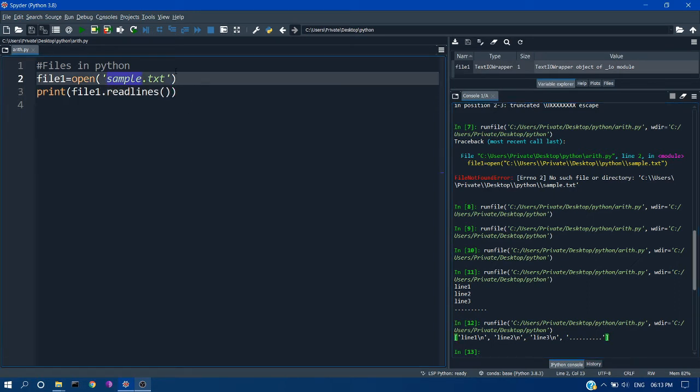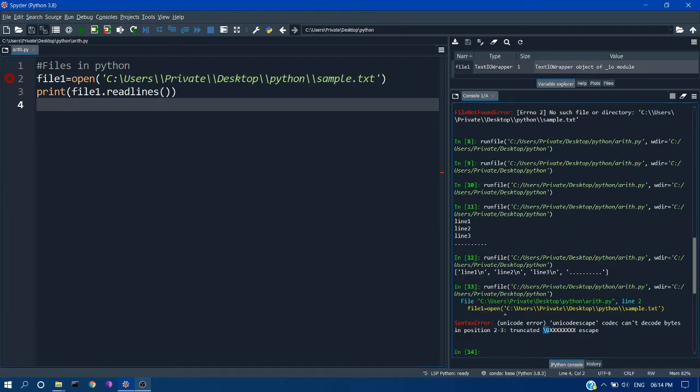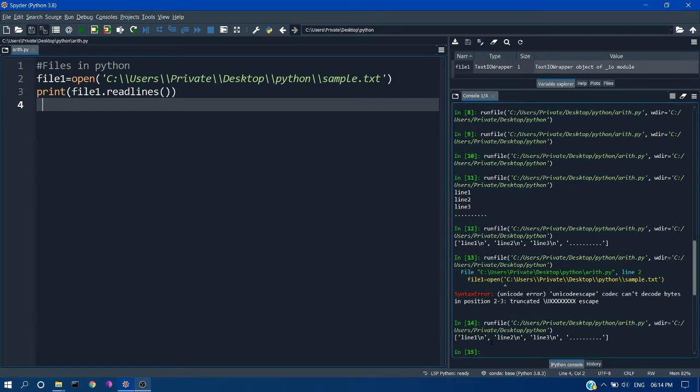Another thing I want to mention here is that I'm just opening the same file which is in this directory. If a file is located in some other directory, you can just paste the path here. Normally if you copy from File Explorer, you will get only a single backslash, but if you use a single backslash in Python, it may think of an escape sequence. Here you can see it's getting only the first letter and treating the remainder as an escape sequence. So you have to use a double backslash to mention the path. Now if you run it, you can see the same result here. By using this method, you can open and read files located at different file locations.